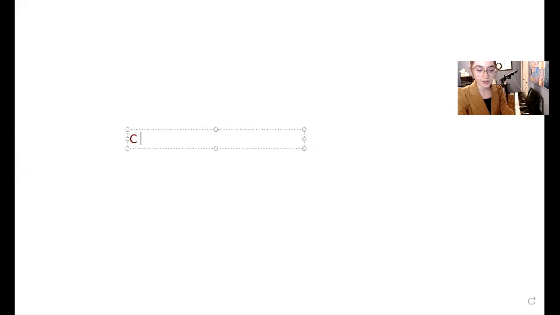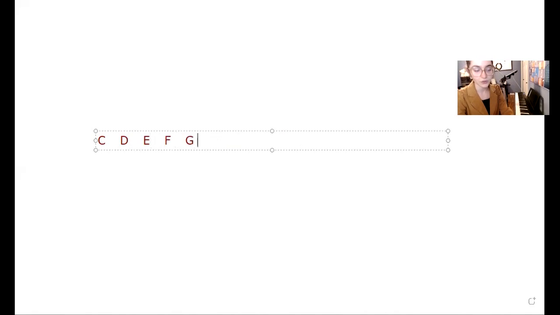So I'm going to go to my whiteboard for this, and I'm going to rewrite what we just saw using letters. So I'm writing out the scale of C, and I'm going to space that out a bit more. Oops, sorry, starting again. C, D, E, F, G, A, B, C. Here we go. Okay, so C was major, D is minor, E is minor, A is minor, and B is